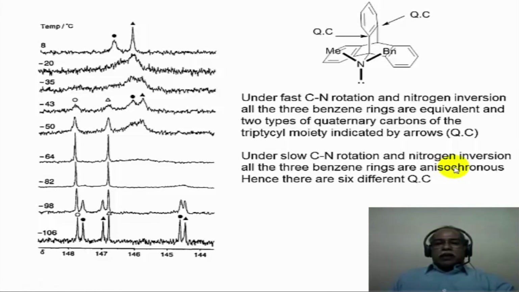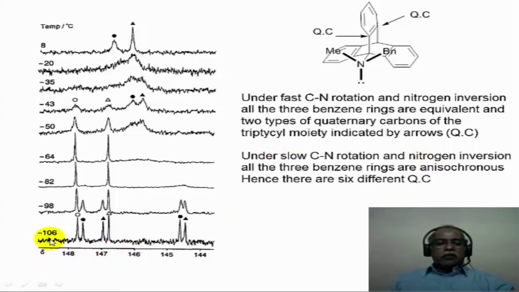One can also look at it from the carbon-13 NMR spectroscopy point of view. These are the quaternary carbons labeled as QC. There are three quaternary carbons in the front, 1, 2 and 3. On the back side there are also three quaternary carbons, which are aromatic carbons, 1, 2 and 3. If this molecule is truly chiral at low temperature, one should be able to see these three carbons separately, and the backside three quaternary carbons also separately.